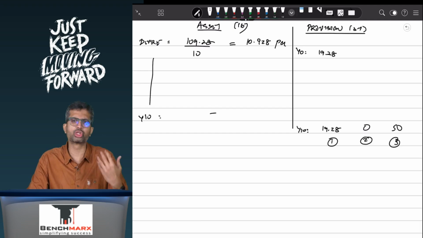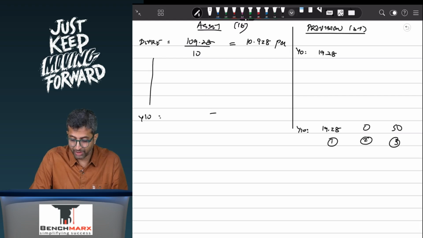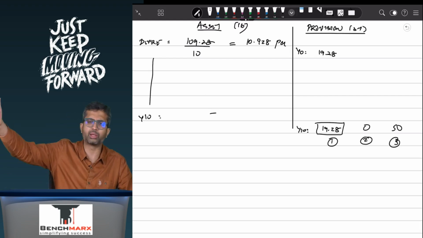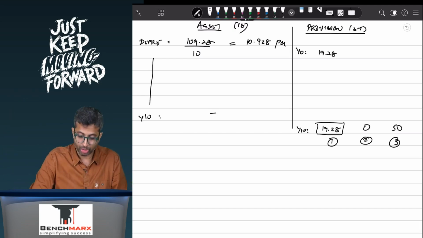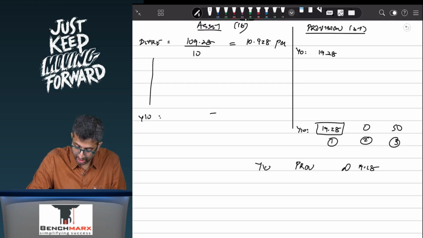Yes, 50. Why? Because my initial estimate was I am going to spend 50 rupees. So if I don't do anything for 10 years, this will be 19.28. Suddenly I'll end up spending 50 rupees. So my entry would be provision account debit 19.28. After 10 years, I will say to bank. Yeah, to bank, so I'll have to spend 50 rupees. And hence there will be a huge